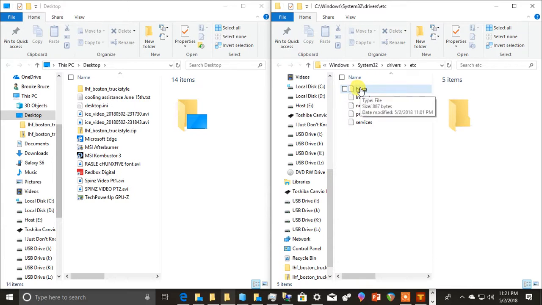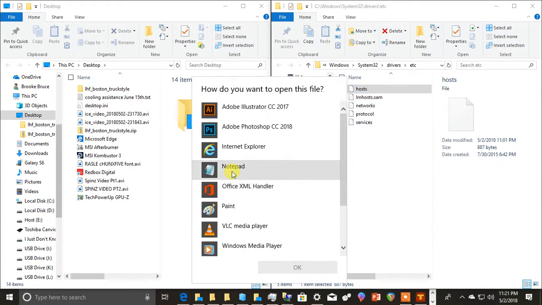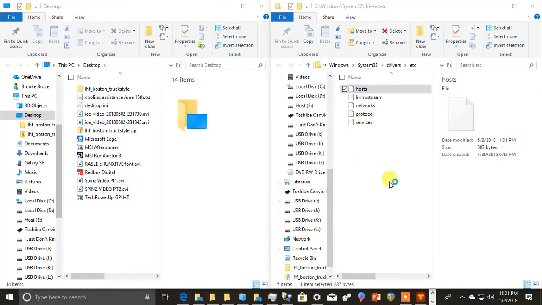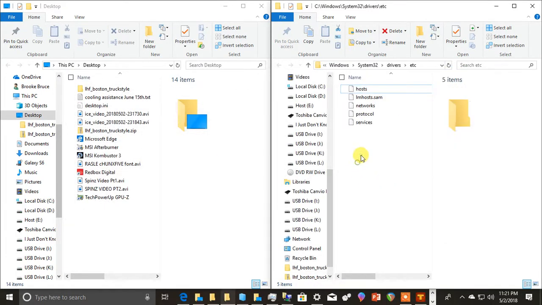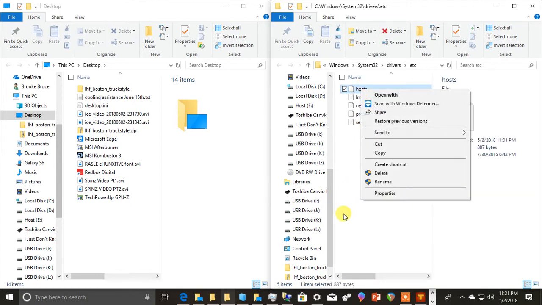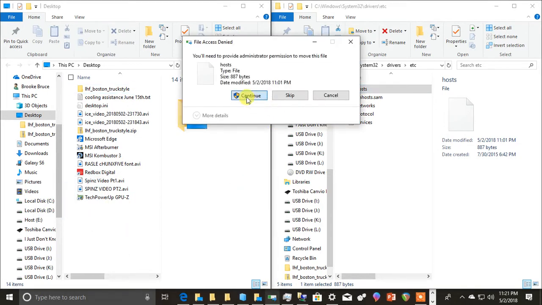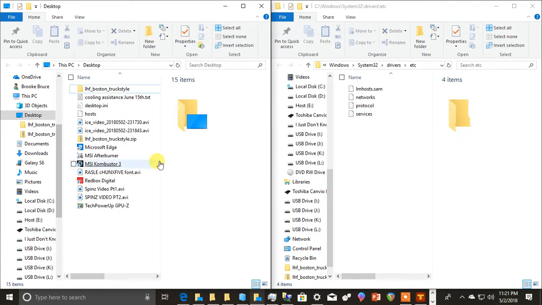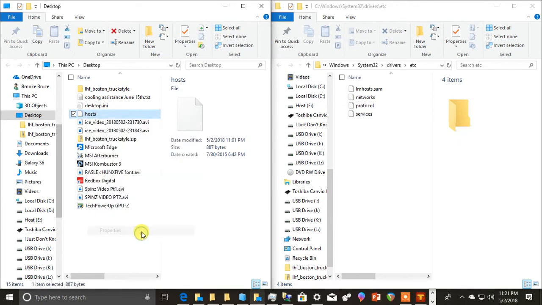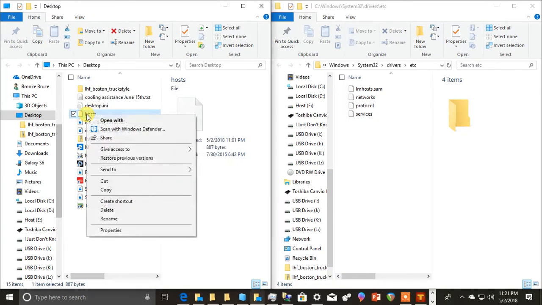Alright, so, and just to show you, I'm going to open it up with Notepad, and I'm going to show you that line that I tried to put in there. It's not there. See? It's not there. That bottom line thing there, it's not there. So, alright, now right click, so we're going to drag this to your desktop. Okay, now we're going to right click, we're going to hit the properties, read only, apply, okay,